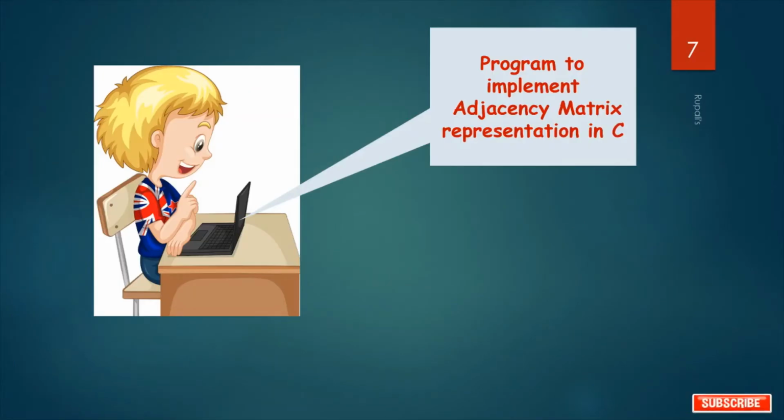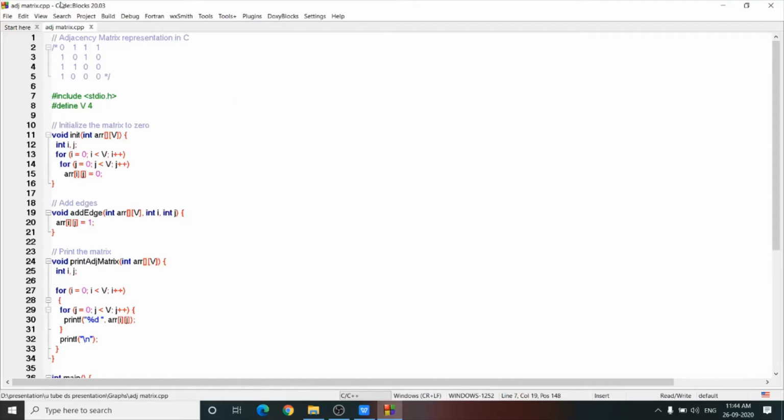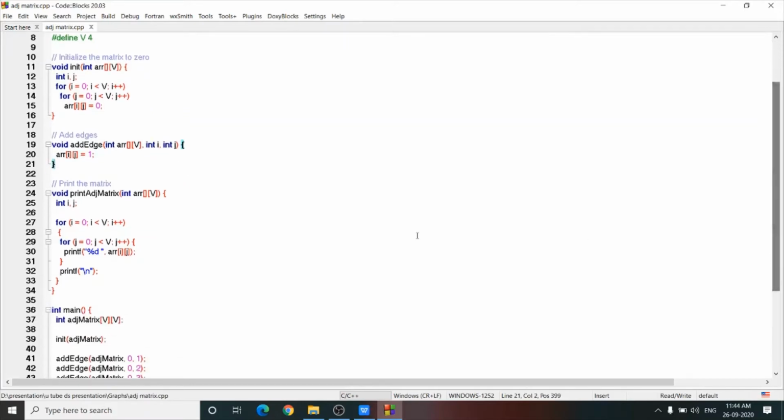Now see the program. Program to implement adjacency matrix in C. So this is our program and this is our required output. This is the macro definition we already discussed. This is the initialization of this matrix by 0. This is the add edge function for adding an edge to this matrix, and this is the print ADJ matrix function for printing the adjacency matrix.